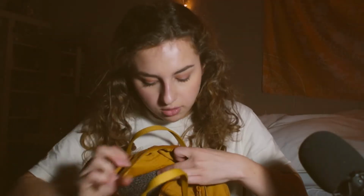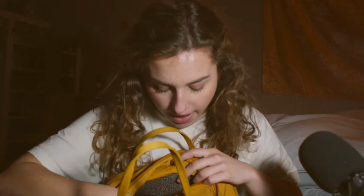Alright, so next for the main pocket, I guess I will start with little things. So I have this little flap pocket. It's really thin, but it has enough space to put little things. So I will show you what I put in there. So there's only two things that I put in there, and one is a portable charger